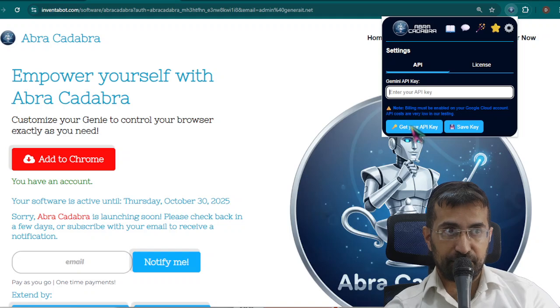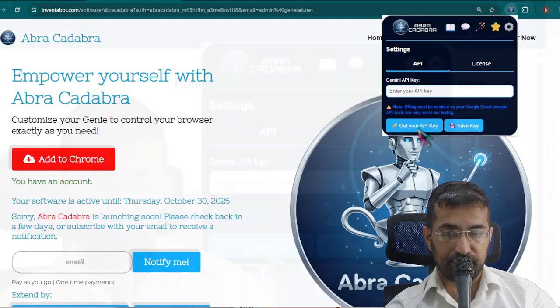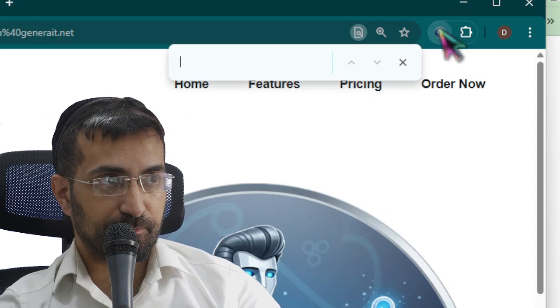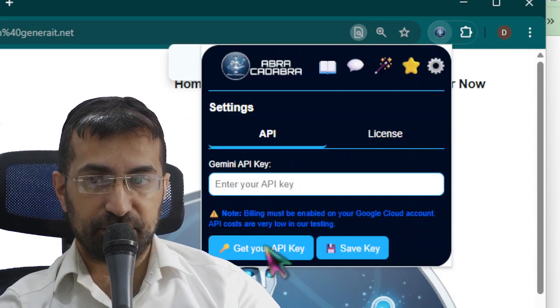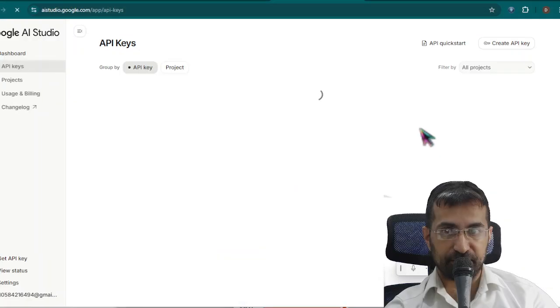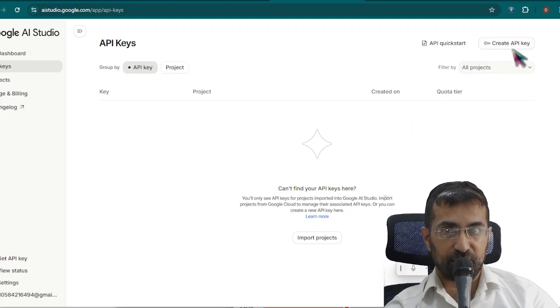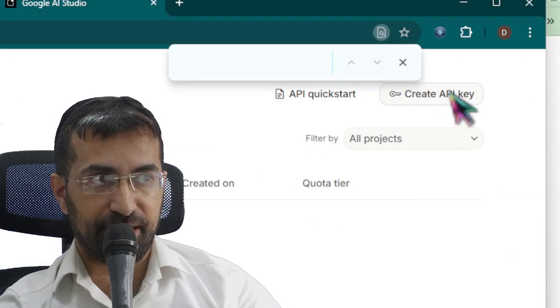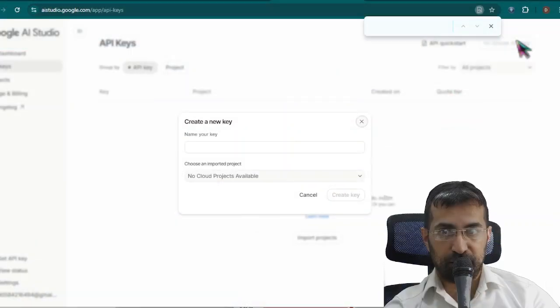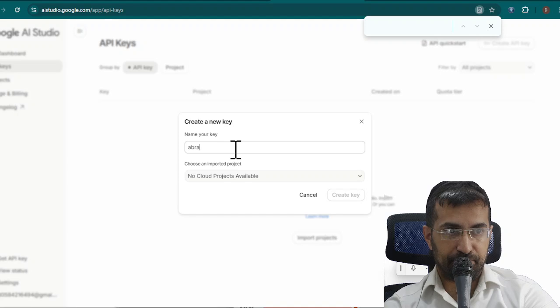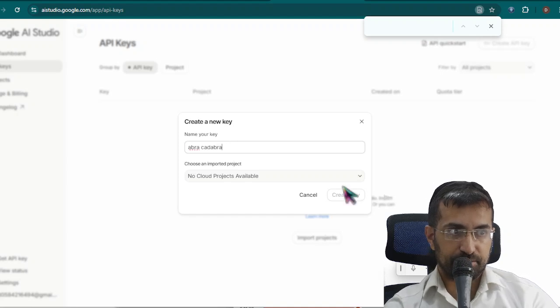So to get your Gemini API key, you simply click this button over here, get your API key. This will open up this window over here. Then you click on this button up here, create API key. And then it will ask you to name your key. You can call it anything, Abra Cadabra. And then click